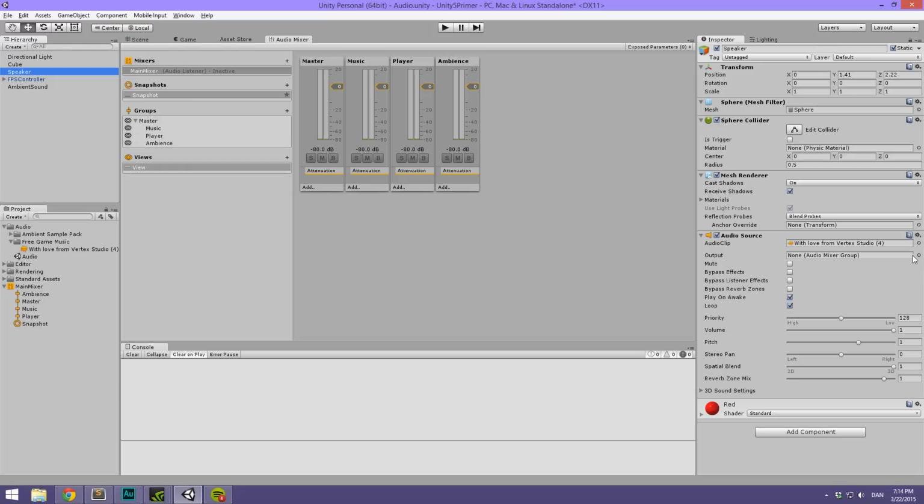So you can either go in here and select something, or you can drag from the project down here. You can see the cool mixer setup we have here, or you can even drag it from the mixer. That's up to you. I'm just going to drag from the mixer here. So drag the music into there. Cool. So now that we have the music mixer group selected there,